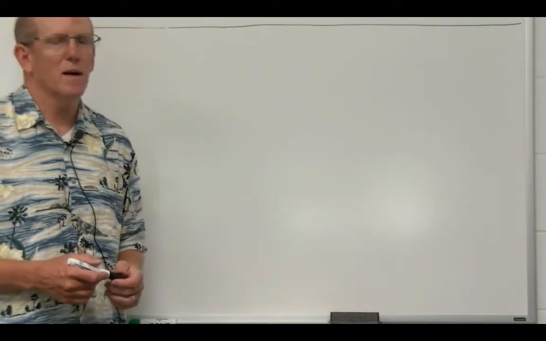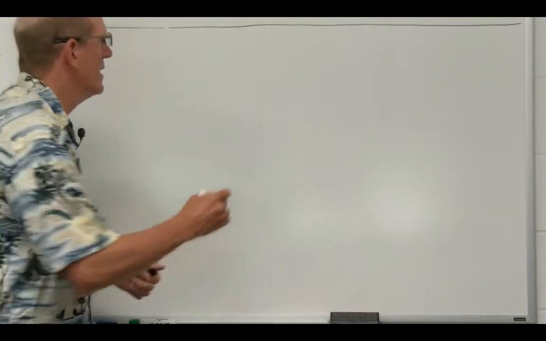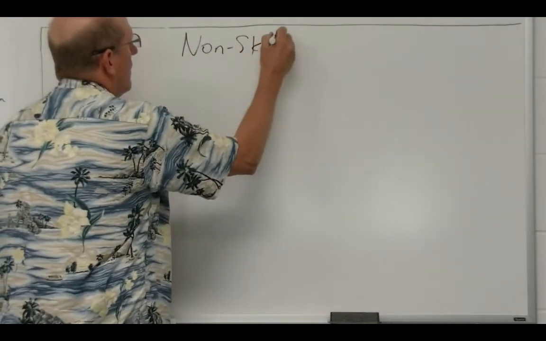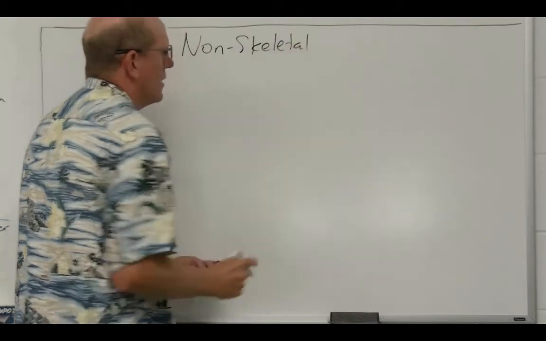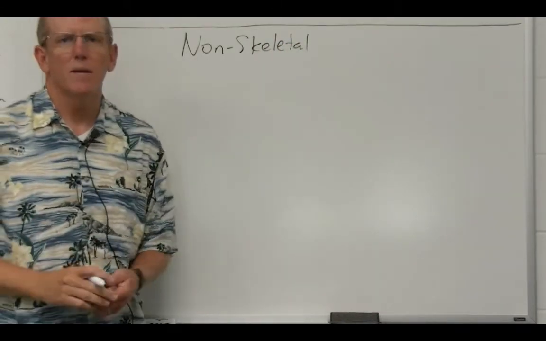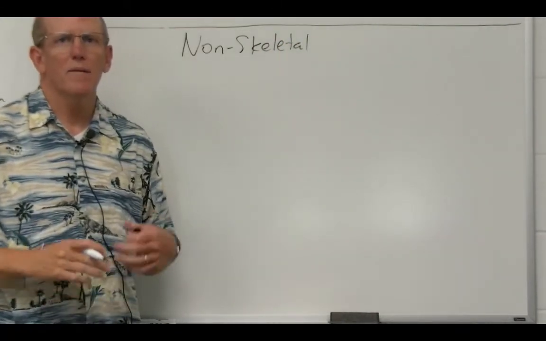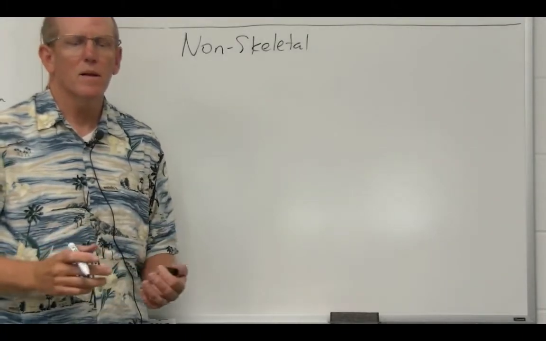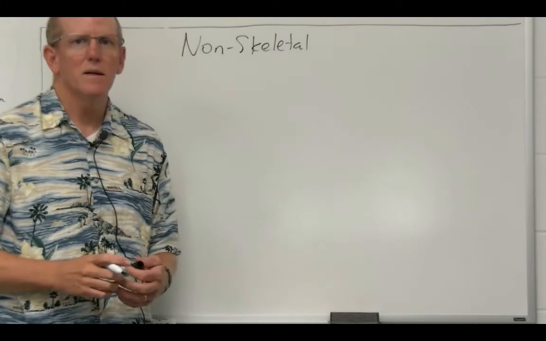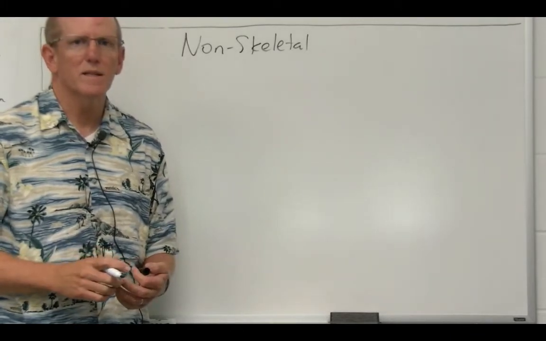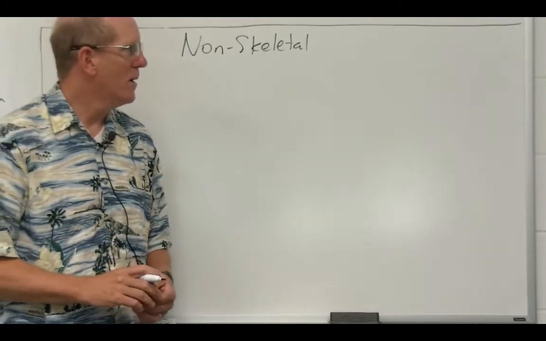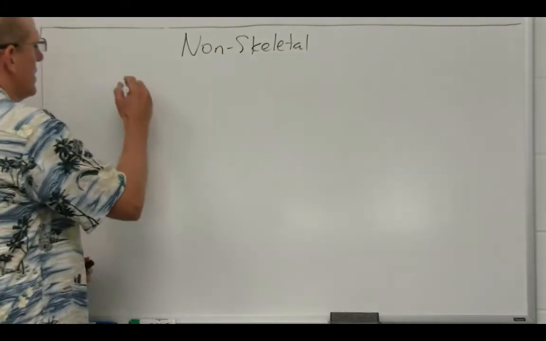So the first group we're going to talk about are what's called non-skeletal grains. So non-skeletal grains will be, just as its name implies, anything that doesn't have a hard skeleton around it, but there are different types of grains that occur in carbonates that aren't really skeletal at all. So the first one would be